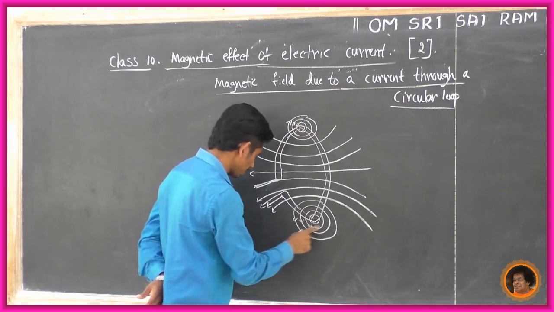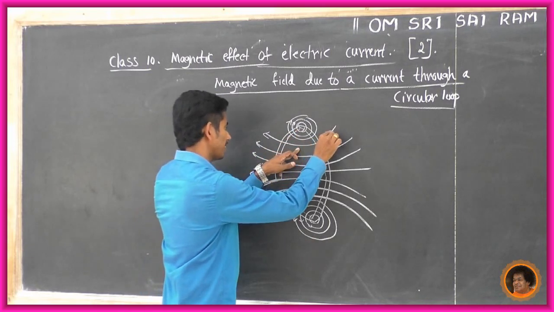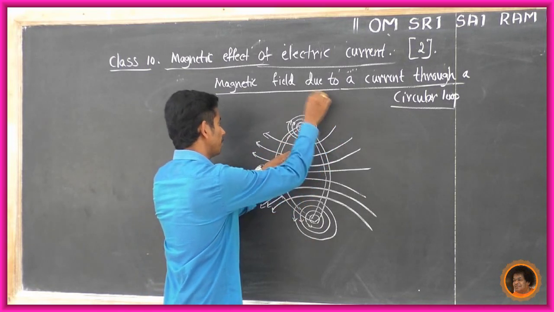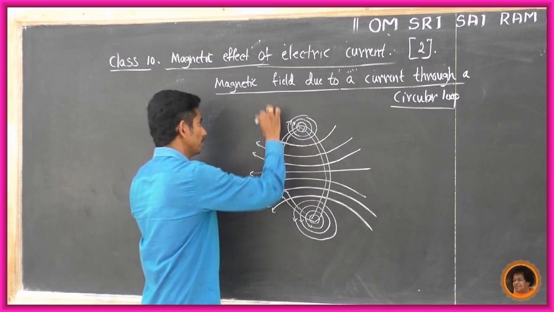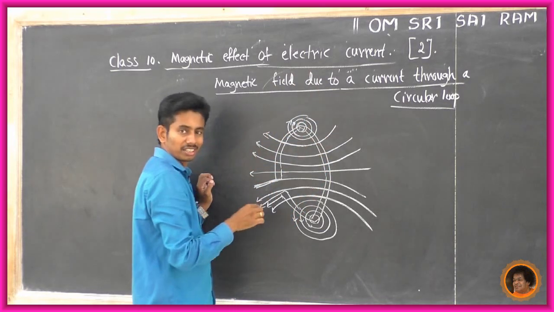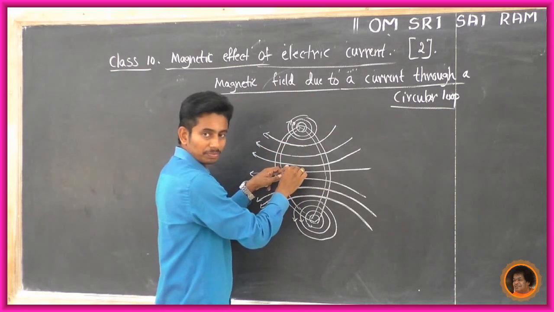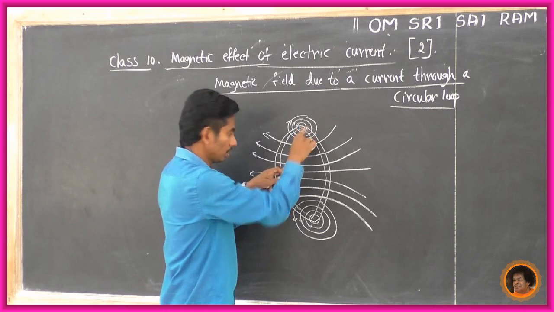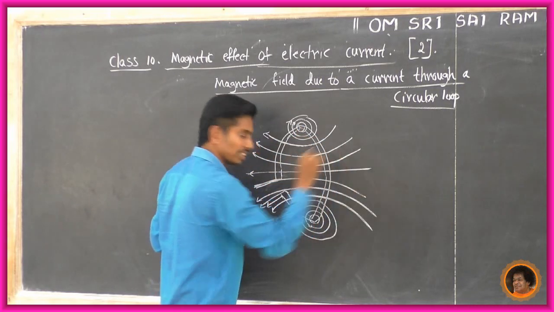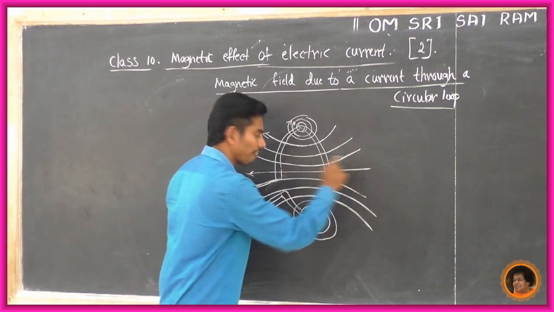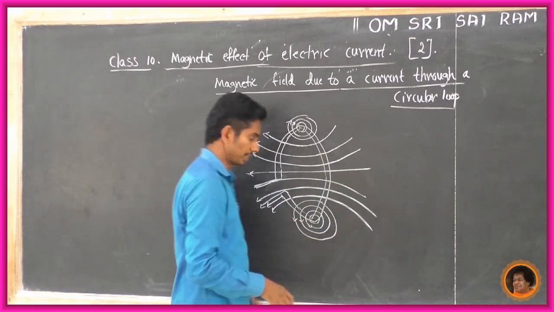Below the pole, it is also in the form of concentric circles. The radius or the diameter increases, so they look like this. They are also circles. The diameter is increasing from the pole. Now another circle, so they look like this. But at the center, the magnetic field lines look like a straight line.